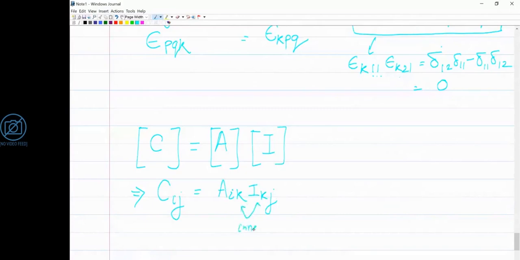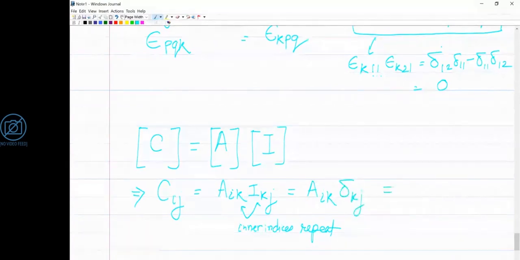The matrix multiplication just means that the inner indices have to repeat. And now you replace Ikj with Kronecker delta Kj, because that's the property of the identity matrix. So this becomes Aik into Kronecker delta Kj. And as you just said very nicely, it replaces the repeating index k